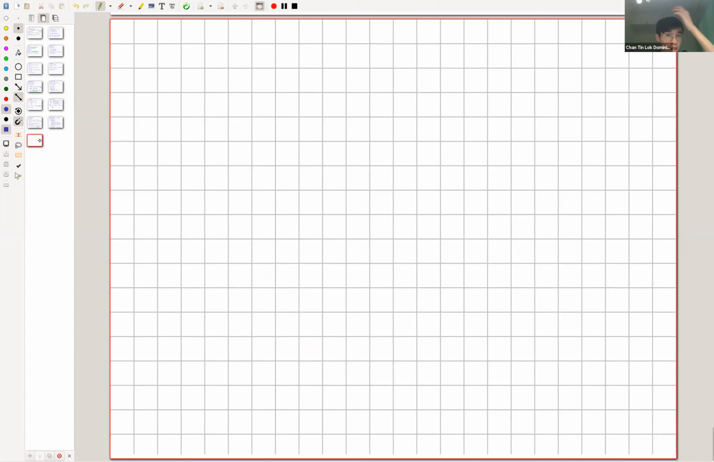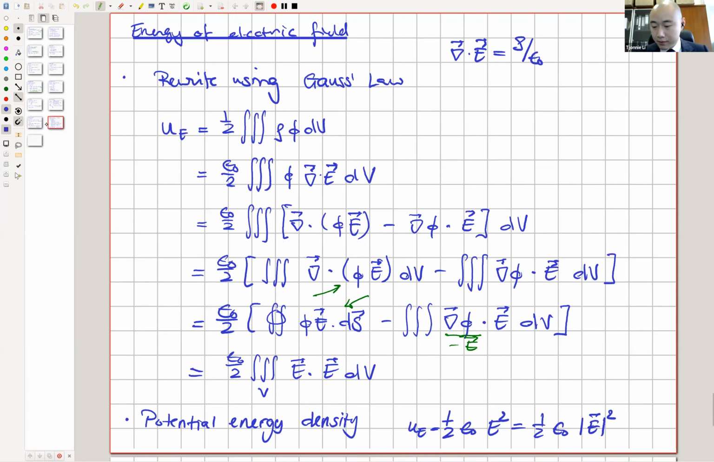Excuse me, Professor. Can you explain once more why the surface integral of E dot dS will vanish in the last page? This one? Yeah, with two green arrows. Right. Okay, so the point is the following: